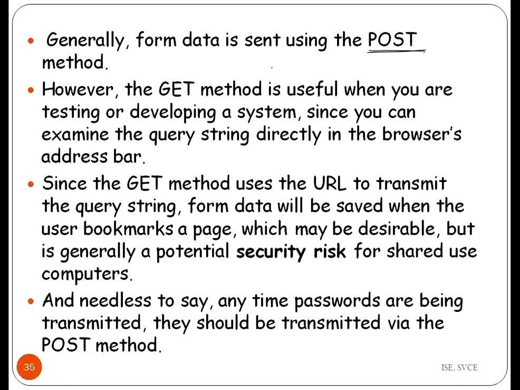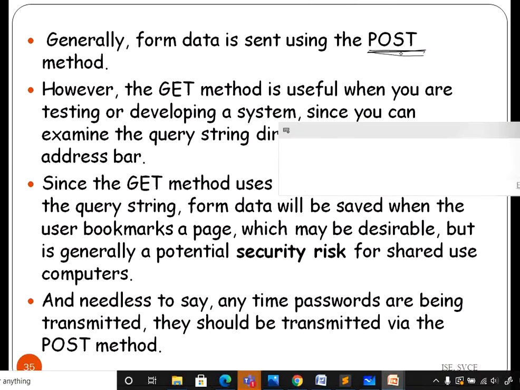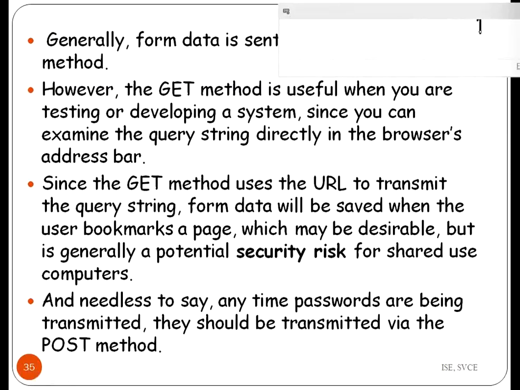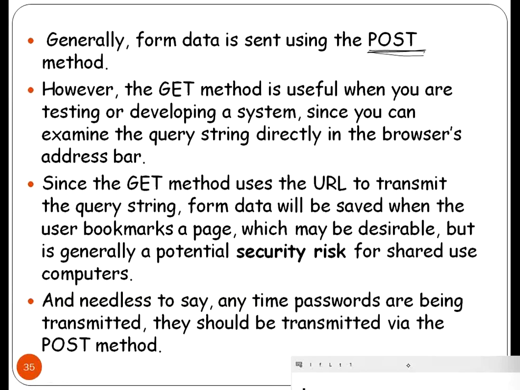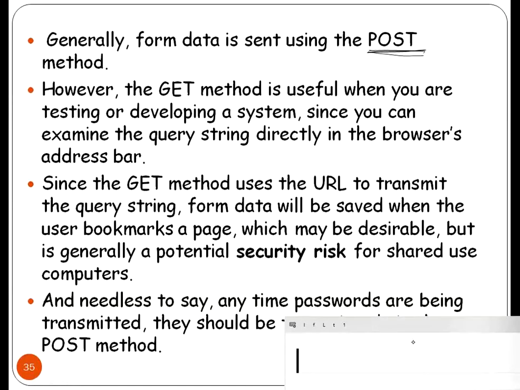because there is security using post. Whatever data you enter in the form, when you specify the form method as post, it cannot be seen when it is submitted or sent to the server. In the case of the get method, what happens? I already told you the data can be visible in the URL.